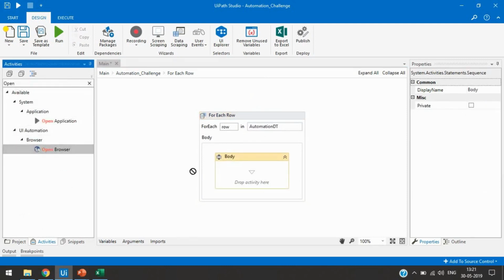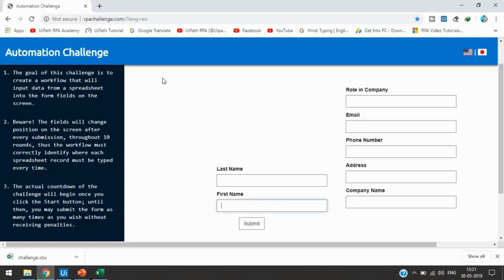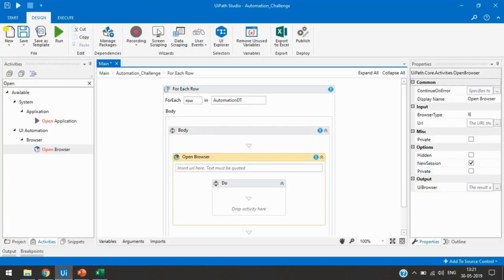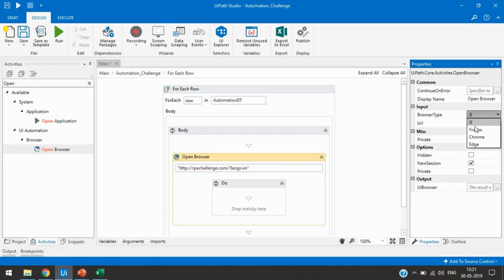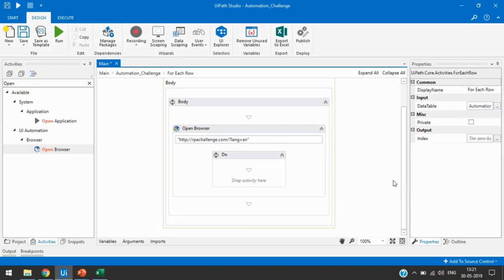So we'll use open browser, and then we'll pass the URL in double quotation, and then here we'll use Chrome browser, and in the do section we will write here